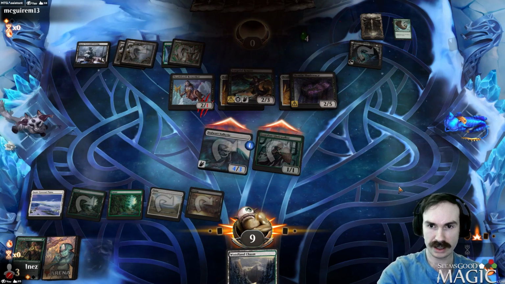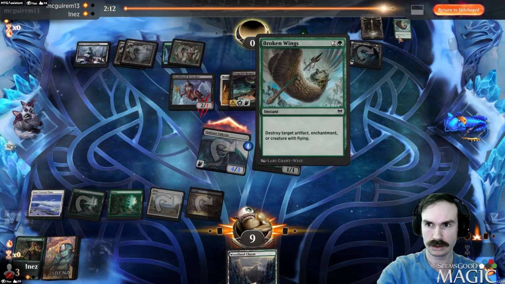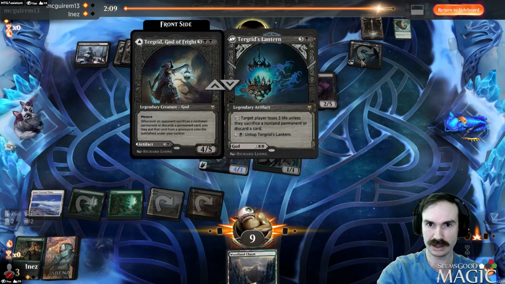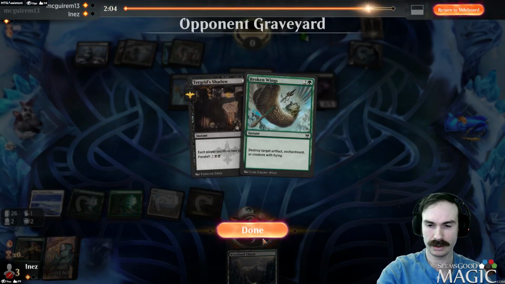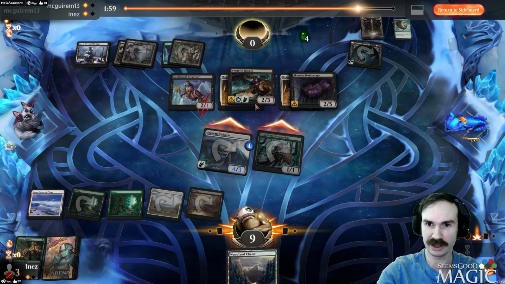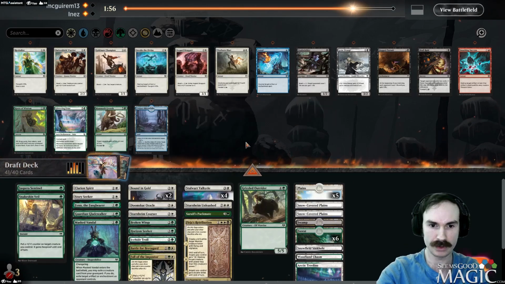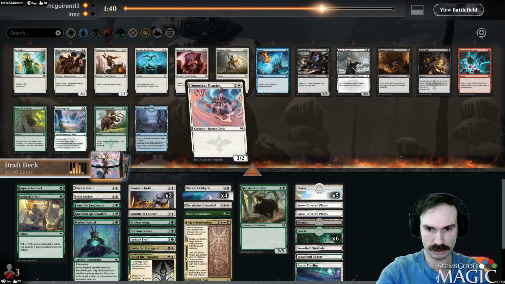So that game we did actually see Turgid's Lantern. First time I've seen this card played. It's kind of cool. But still kind of wishy-washy on whether I want to bring in the Broken Wings. I guess with Vengeful Reaper we will. Alright, we'll bring in the Broken Wings. And we'll cut...